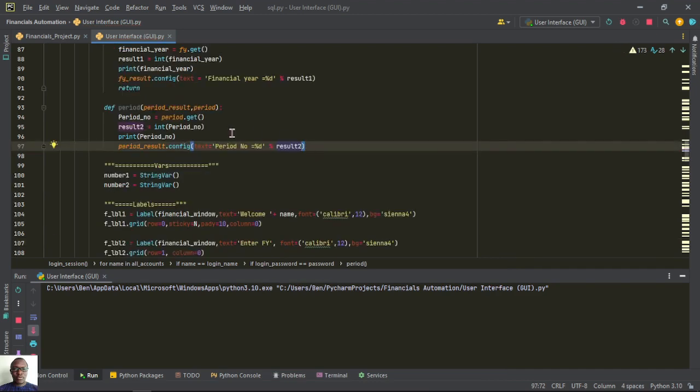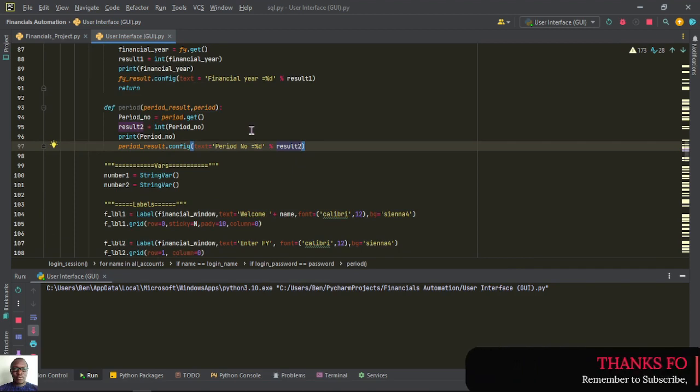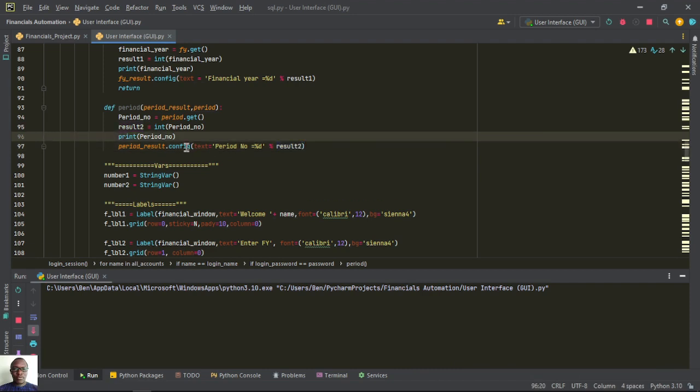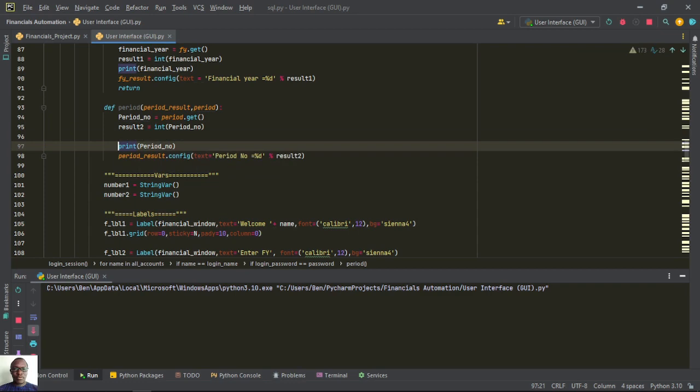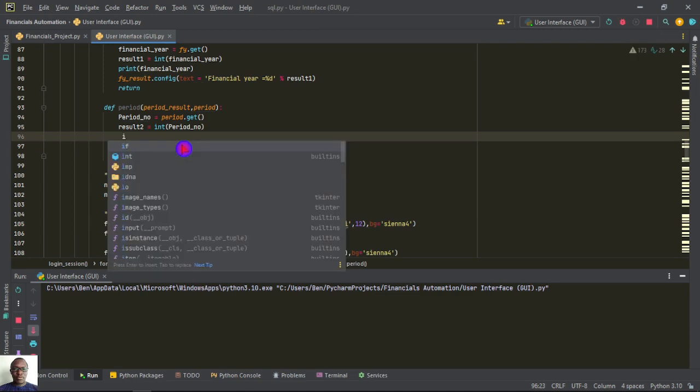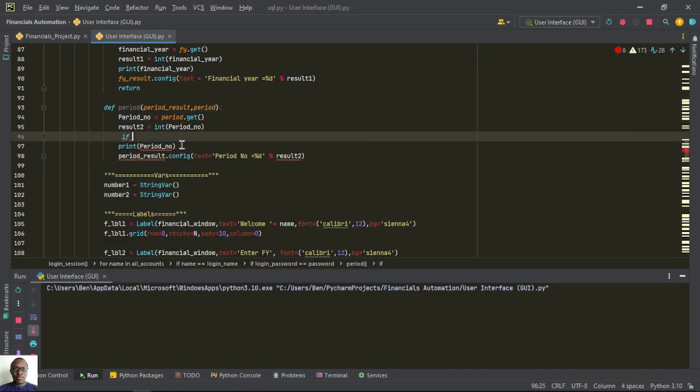but let me do something. Before we are printing the period number, I want to create the if here. I want to create if. So we want to say if period number is less than or equal to 0,